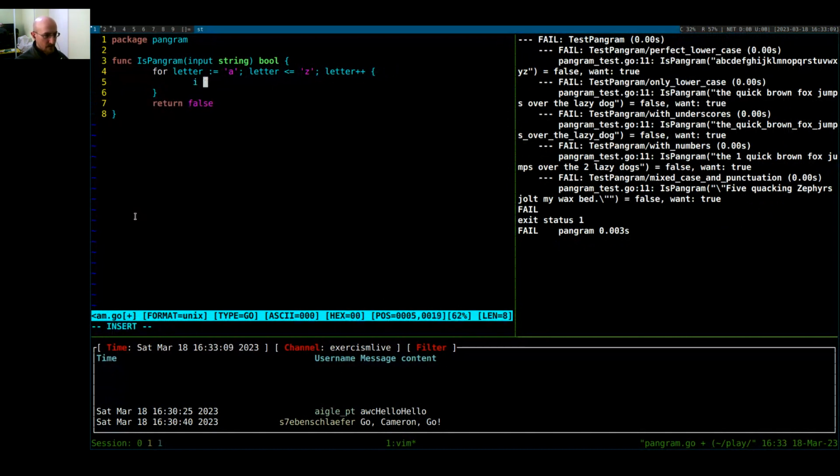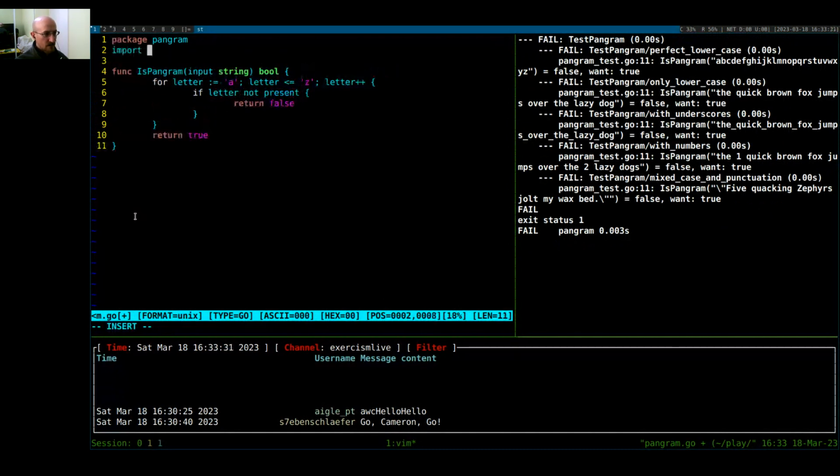Let me do some pseudocode here. If letter not present, return false. And then if we manage to make it through the loop to the end and none of the letters return false, then we do have a pangram, so we return true. So all we need to do here is check if the letter is present, and the way we do that is by using the strings library. The strings library has a contains rune that lets us take the input string and the letter, and it will tell us whether or not